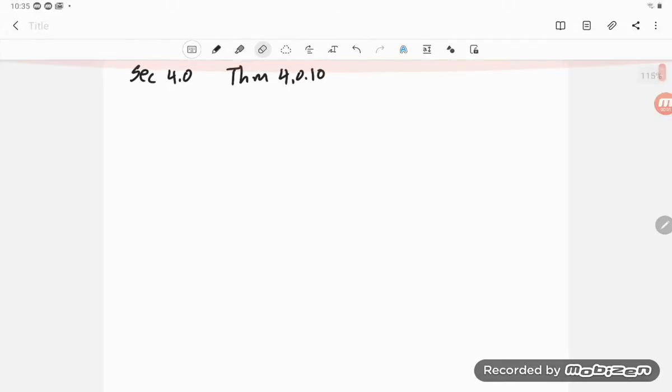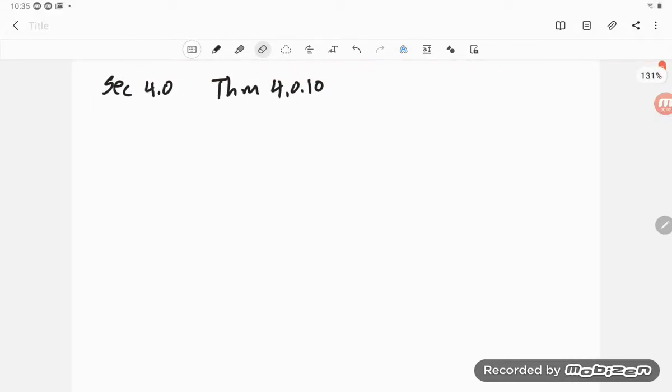Okay, this is section 4.0, theorem 4.0.10. Now, this is a nifty theorem. It's one situation where we can actually add determinants. Okay, so given,